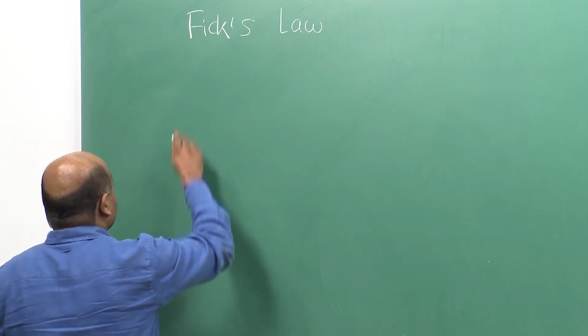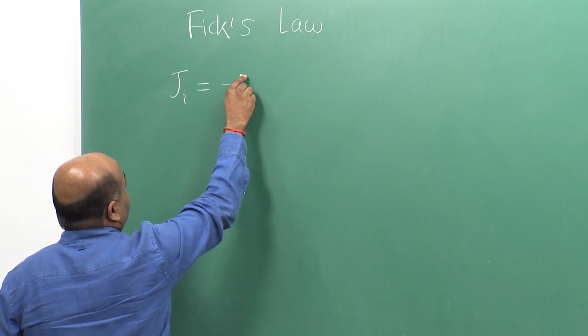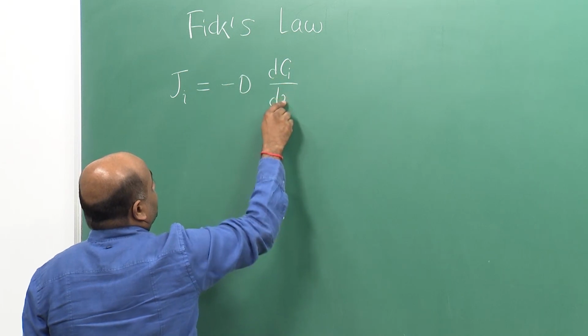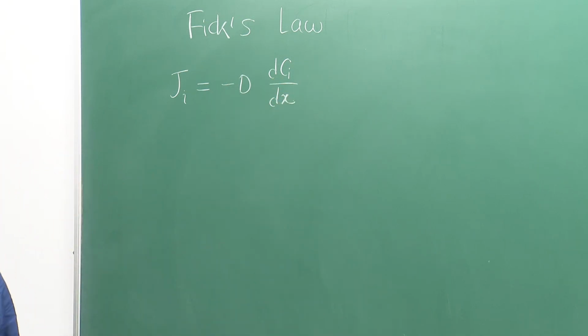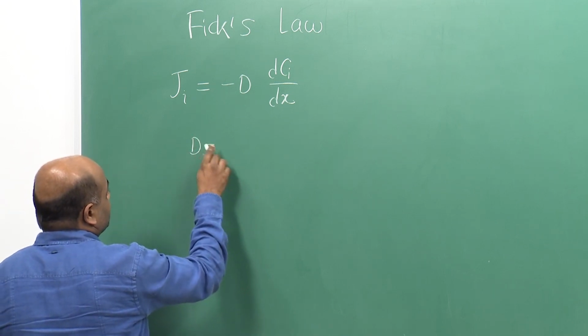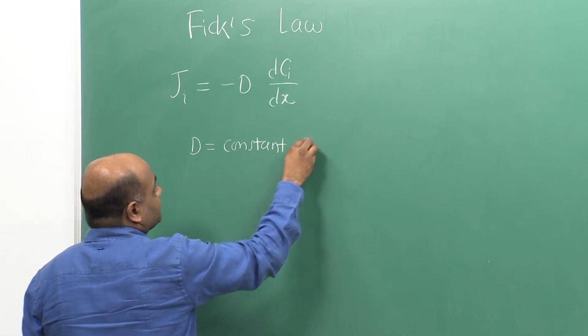We can write it as J_i equal to minus D dC_i by dx. In this case, this constant D is the constant of proportionality,